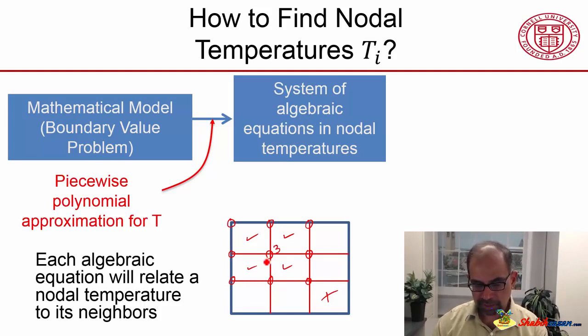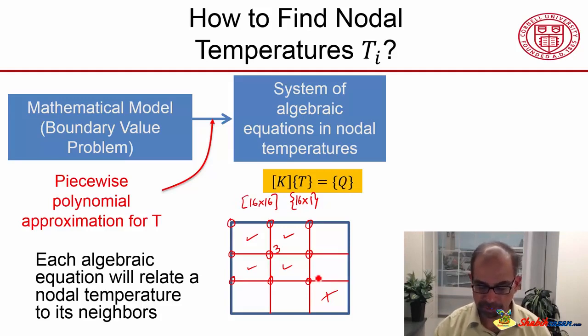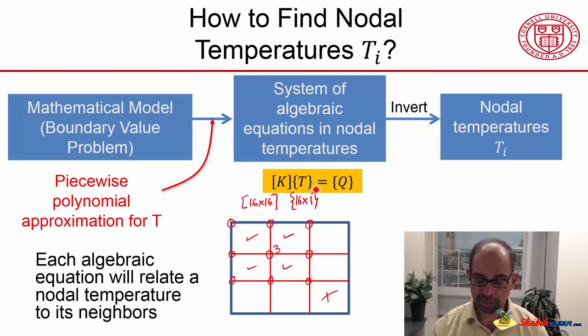And once the solver generates those algebraic equations, in fact, it thinks of it in the matrix form. The temperature vector, for instance, in this case, you have 16 temperature values. So this will be a vector with 16 rows in one column. The stiffness matrix will be a 16 by 16 matrix, and so on. And similarly, you can think about what's the dimension of Q. And it will invert that, so that's a matrix inversion problem, and determine the nodal temperatures. So you'll have the 16 nodal temperatures,